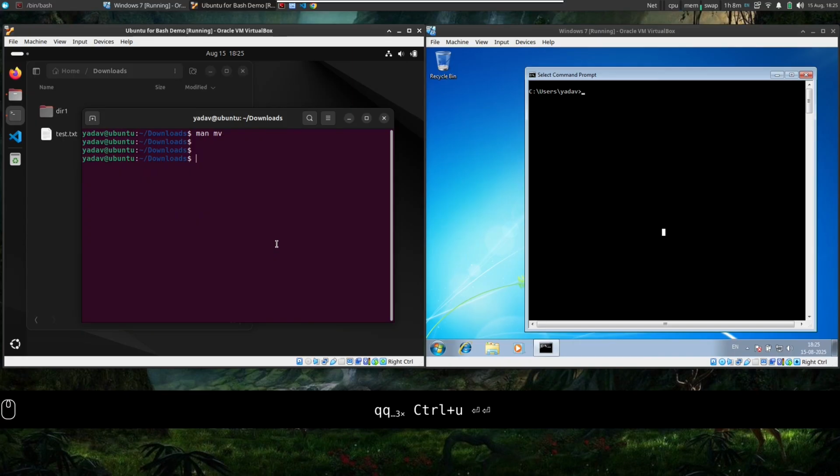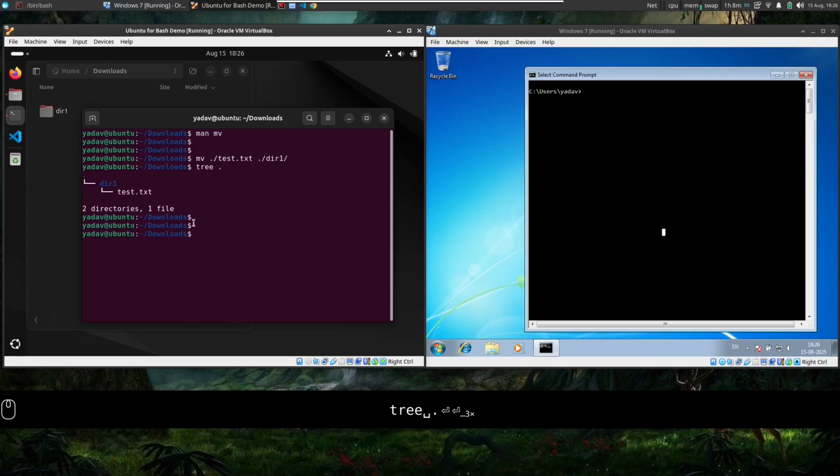So let us move from where? From my present directory, there is this file called test.txt, to where? In my present directory, there is a directory called dir1. Move it there. On the left hand side, you saw it disappeared. See? Now it is inside dir1.